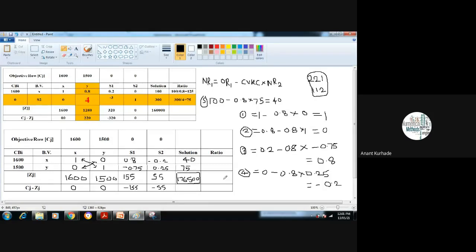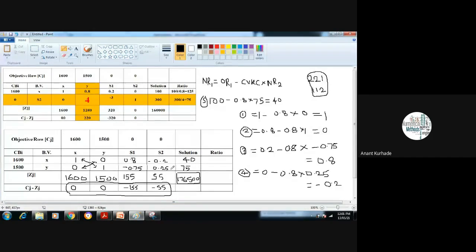Now see, here we are always finding the maximum positive value. Remember, I forgot to tell you, in order to find the key column you have to check the maximum positive value. So now, is there any maximum positive value from these 4? This is 0, 0, this is minus, minus. So we don't have any maximum positive value. Now here you can stop. So we cannot find key column, we cannot find key row.